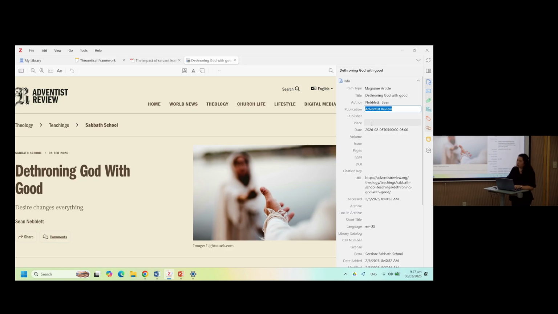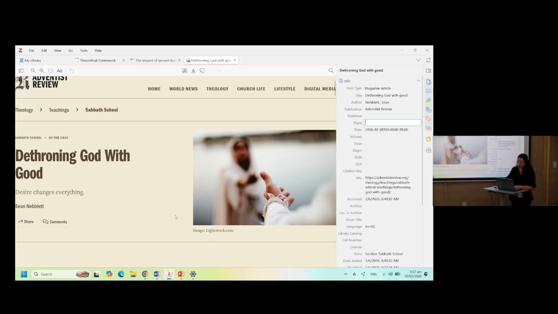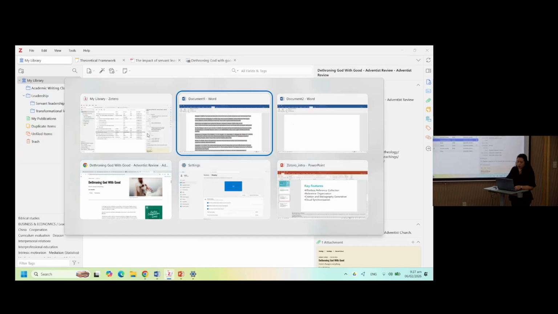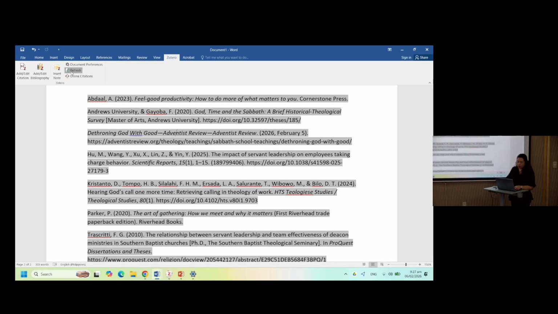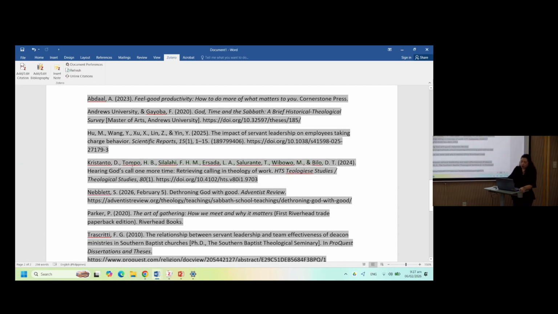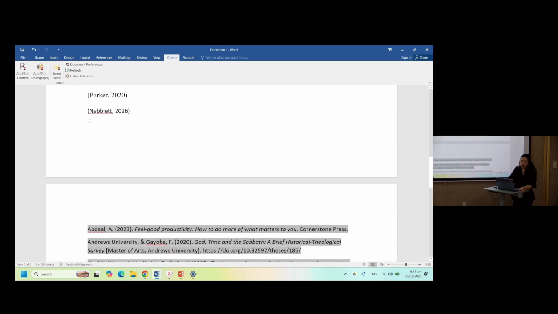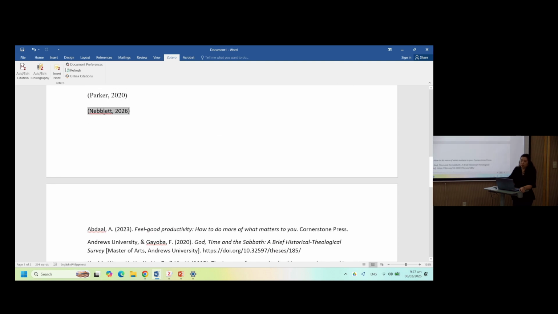So if you don't know the place, then you'll have to confirm from the website where it is published and then the other information. Okay, so once you are done, you can just go back and refresh this so that it will be updated. So it now has its author here. So everything that you have cited, even the last one here, it was changed to Nablet. Okay.